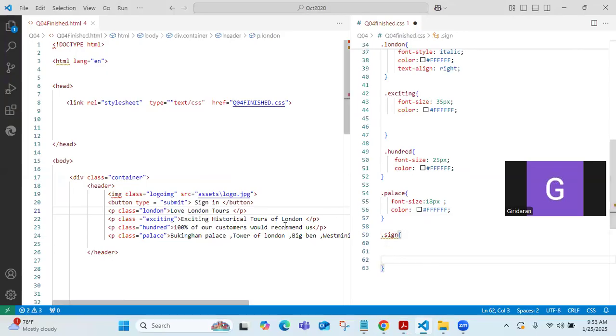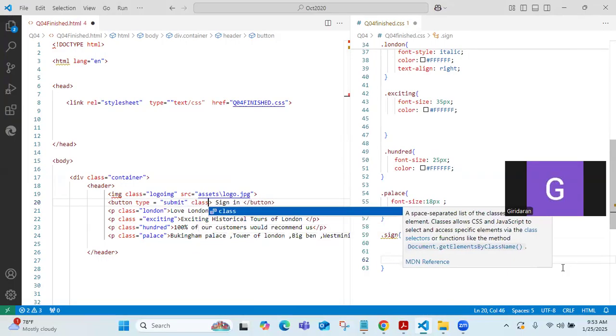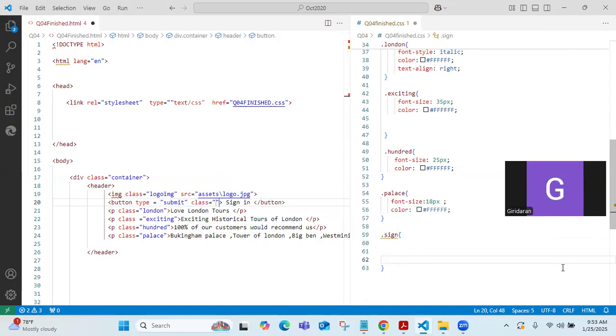So then I will say here button type submit. There I will say class is equal to sign. Class is equal to sign. That means this here